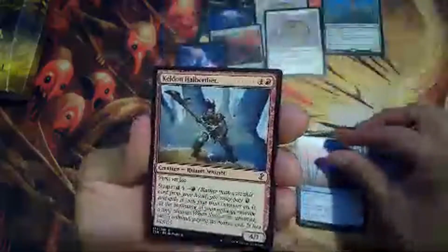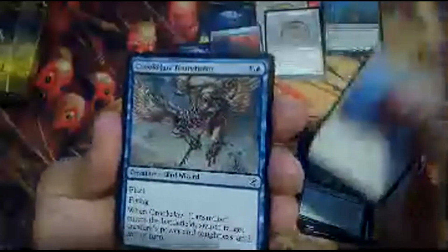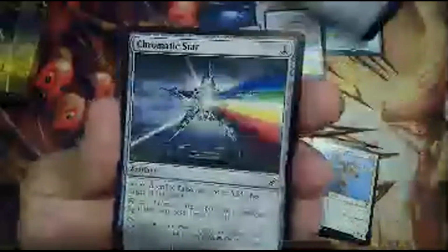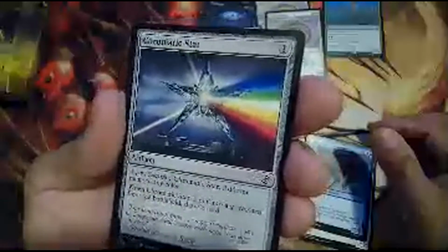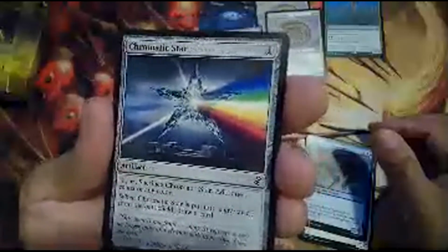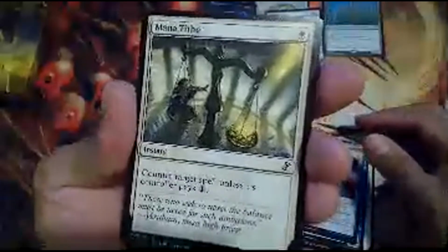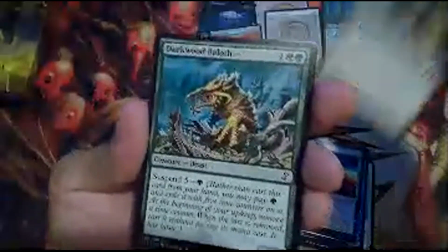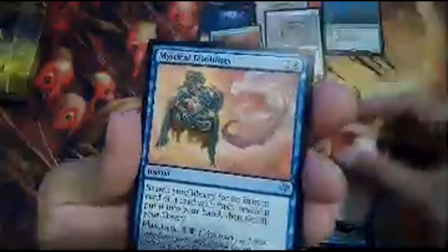Thoughtseize is pretty great. Okay, we got Logic Knot, Kaldin Hardir, Foresee, Deep Cavern Imp, Kavu Primarch, Blade of the Sixth Pride, Crook Claw Transmuter, Chromatic Star. Wow, that looks great. Never seen that art for Chromatic Star. I did have a Chromatic Star in Double Masters, I think it is, and it has the original artwork. Mana Tithe, counter for white. Dirkwood Beleth, first uncommon, Lightning Axe, Mystical Teachings,